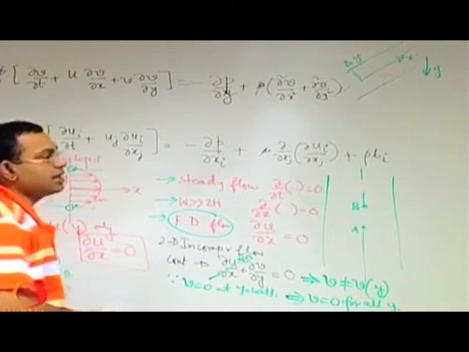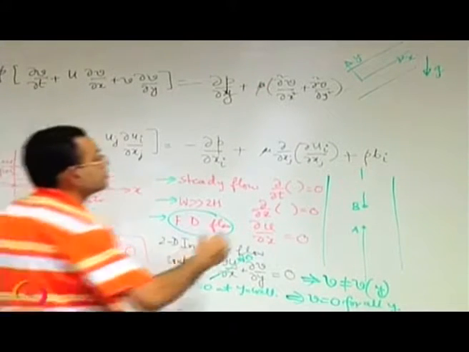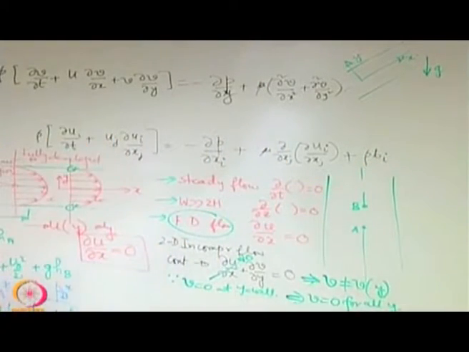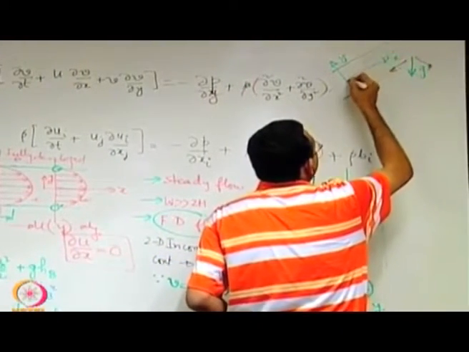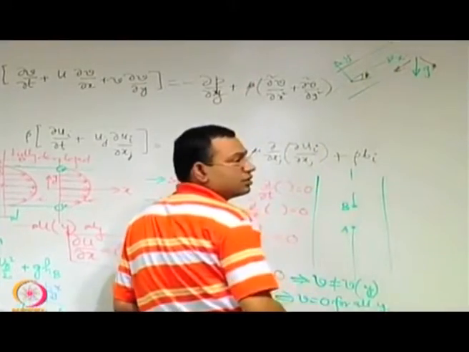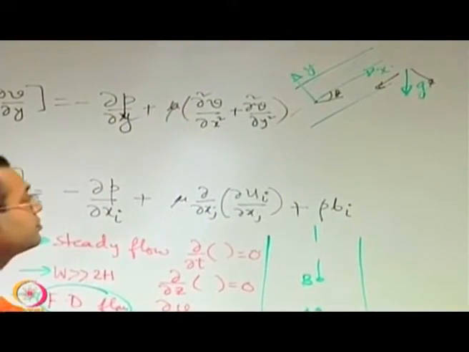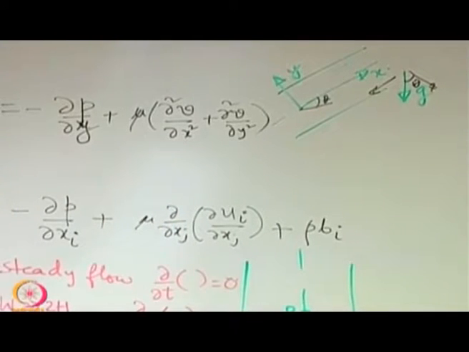So what is the body force that you will have? You should look for the body force component along the y direction. What is that? So you have this g, and you have its components. Let us say that this angle is theta, that is the angle made by the horizontal with the axis of the channel is theta. So then this angle is theta, so it is minus rho g cos theta.